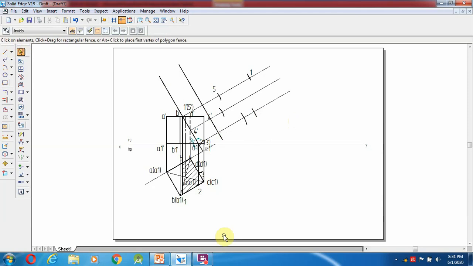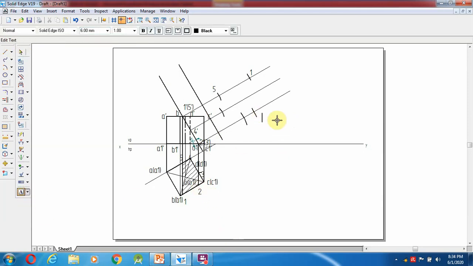Okay, now this is the second point. Go to here, the second and third points come in the same line. So this is the fourth point. Now you can come over here: first, second, third, fourth, fifth, and again first. It has to be joined over here. So we are not getting the line over here, so I am going to trim the one end to exactly find the end points.